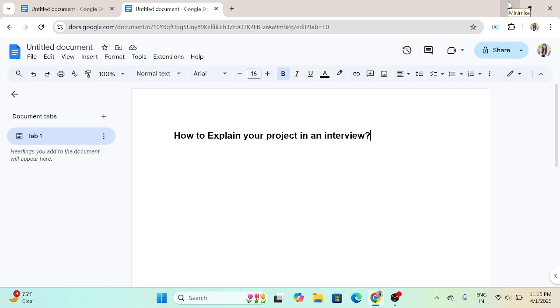Everyone. So today's topic is how to explain your project in an interview. Explaining your project in an interview requires a structured approach to highlight your role, technical expertise, problem solving skills, and impact. So first of all, in an interview, you can explain your project with your role,